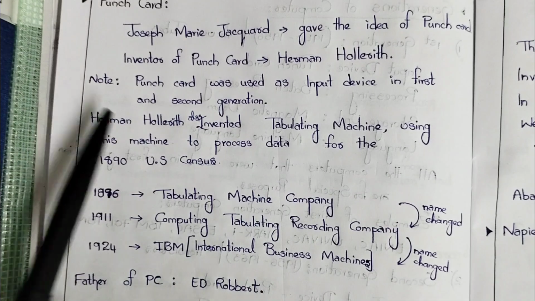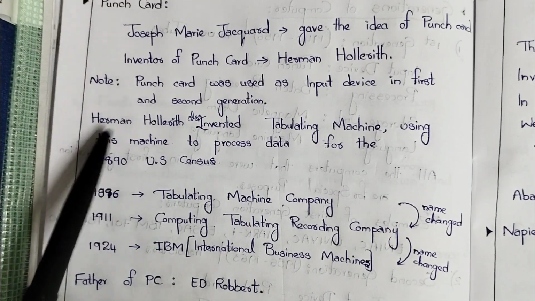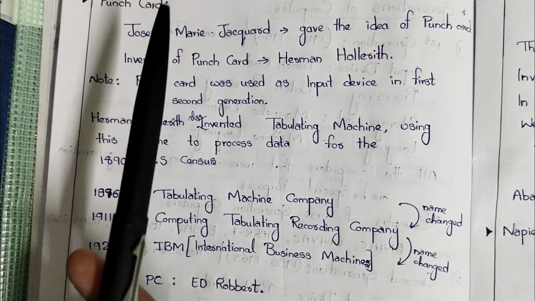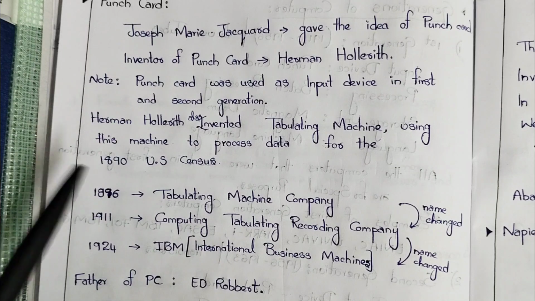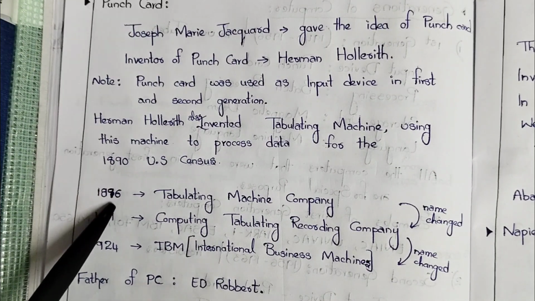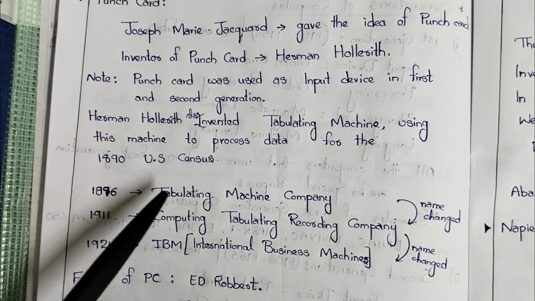Okay, so this man Hermann Hollerith is also very important. He did what? He invented the tabulating machine, and he also invented what? He invented punch cards, and he used to have a company. He owned a company in 1896. In the year 1896, the company's,